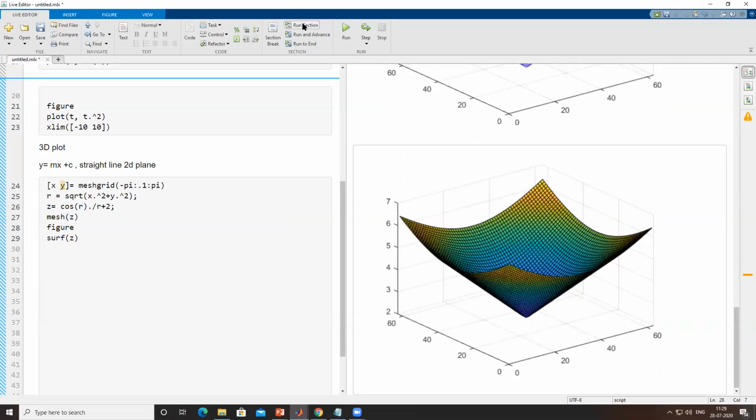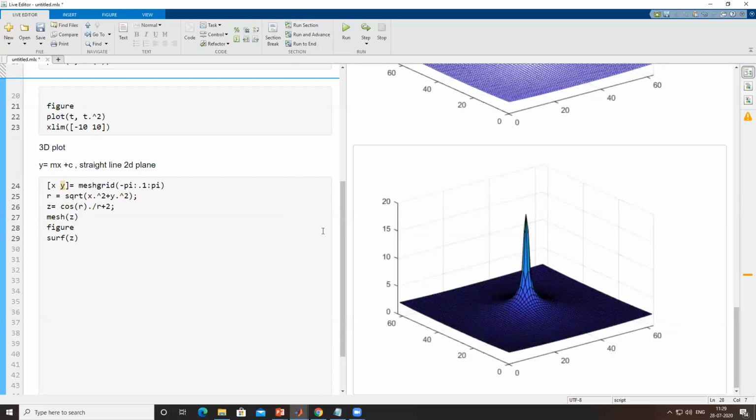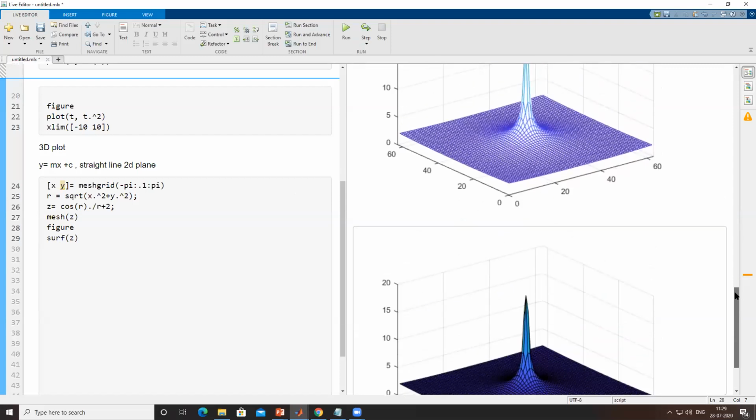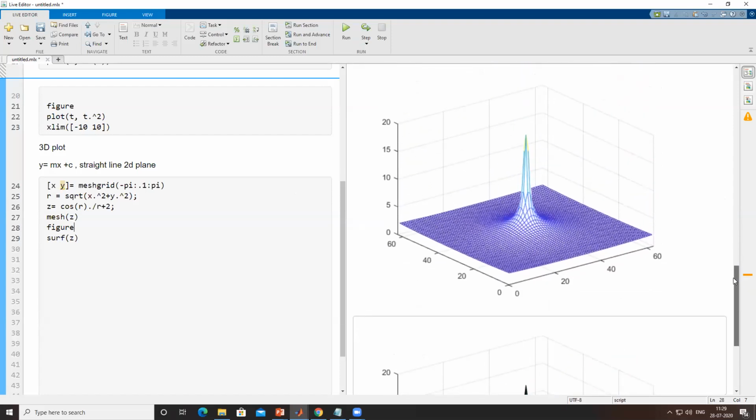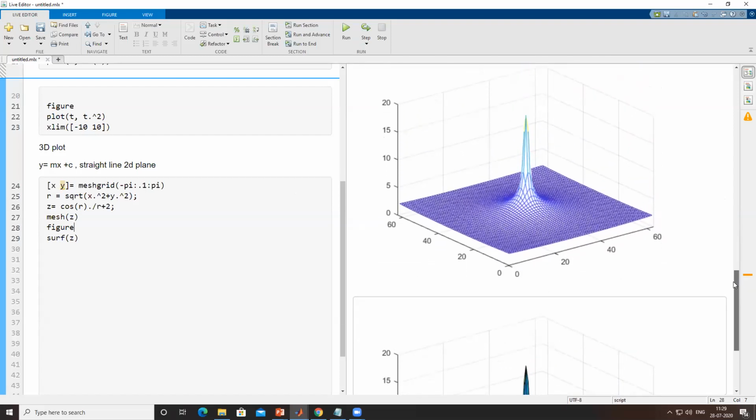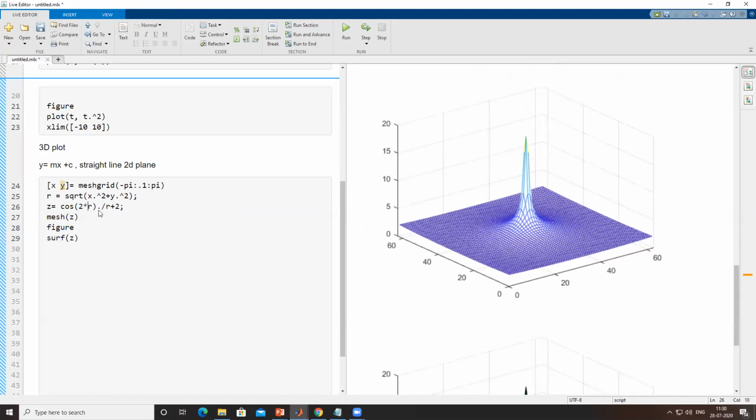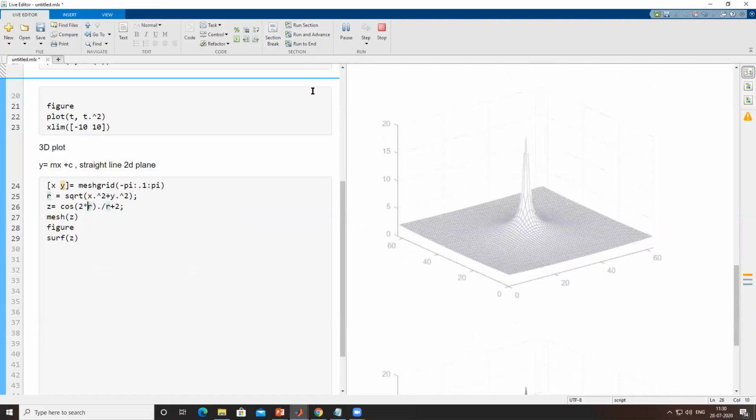It will become a water wave, like when somebody throws a pebble in water.